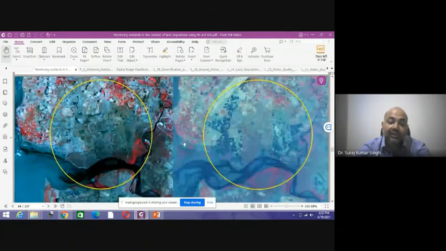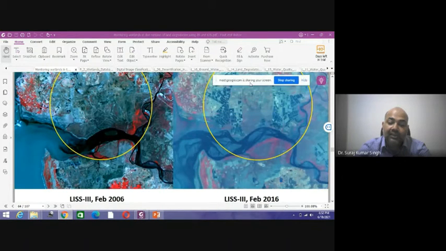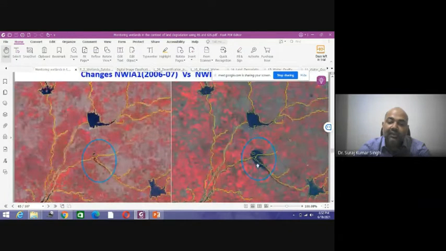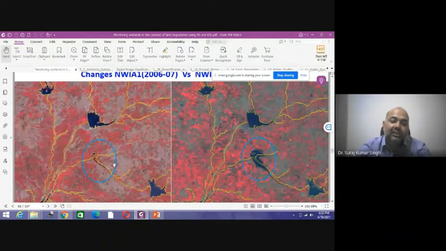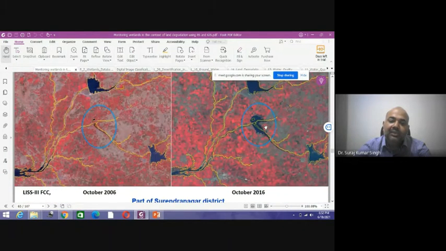The same is in this part of the area, that is of 2006 and 2016. You can see that a lot of salt pan has been created, and a lot of salt affected land or salted water is being extracted. The same way you can see the change detection here. In 2006 there was no reservoir, but now in 2016 you can see. So the change dynamics related to agricultural land, related to river changes, can happen only if you have a multi-temporal satellite image.